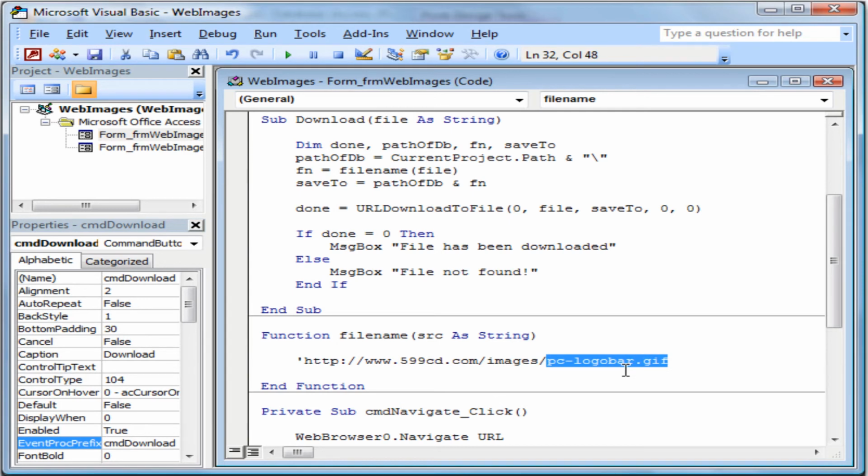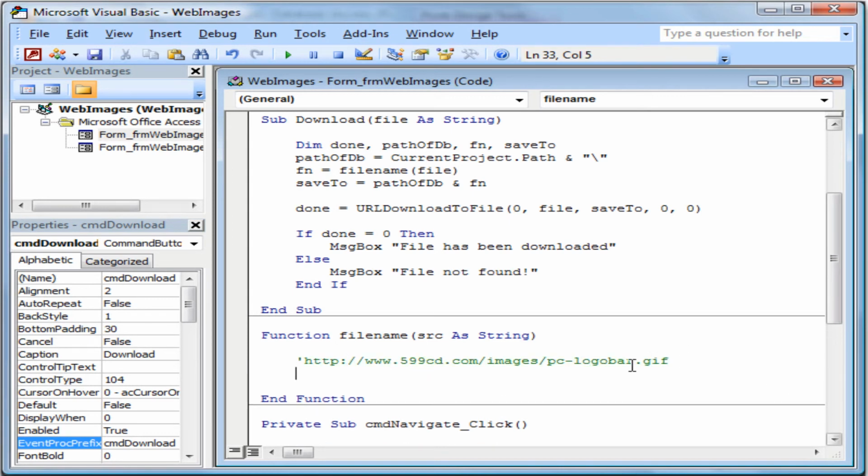So the easiest way I've found to get the file name is to find when the last slash happens. Why don't we use a couple of string manipulation functions? So we'll use the string reverse